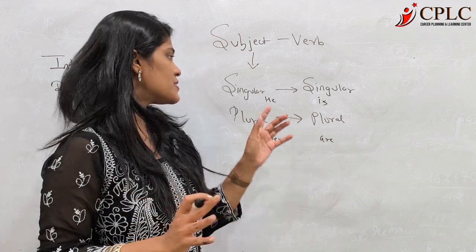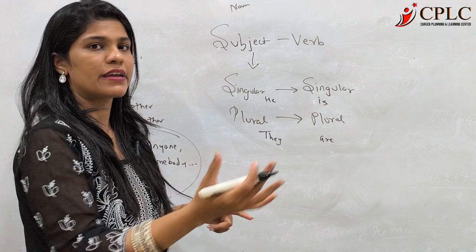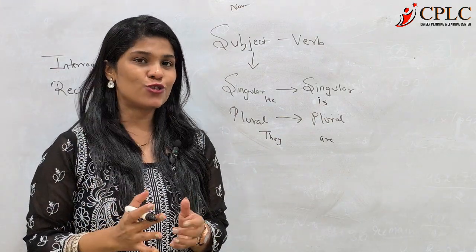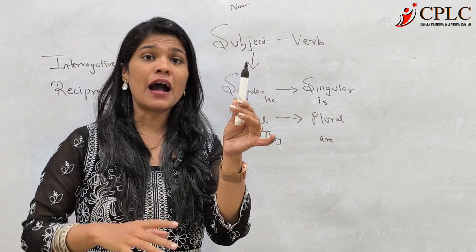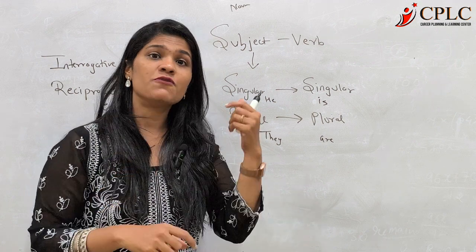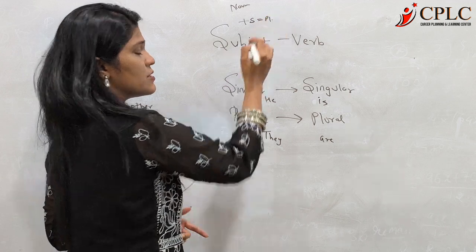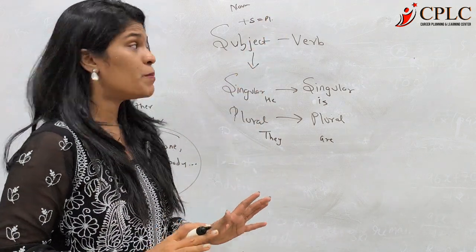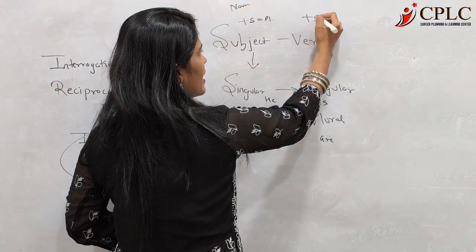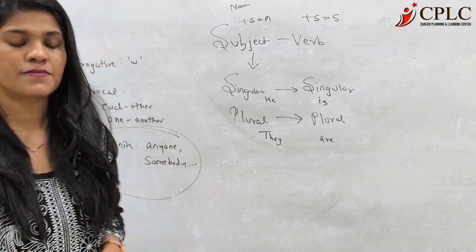Now please understand, subject मतलब mostly जो आपके noun pronoun रहेंगे, in that if you add an s it becomes plural. So marker, markers, bottle, bottles, finger, fingers. After adding an s it becomes plural. Is this clear? But verb में उल्टा होता है. So at verb, by adding an s, it becomes singular. Let us understand this.